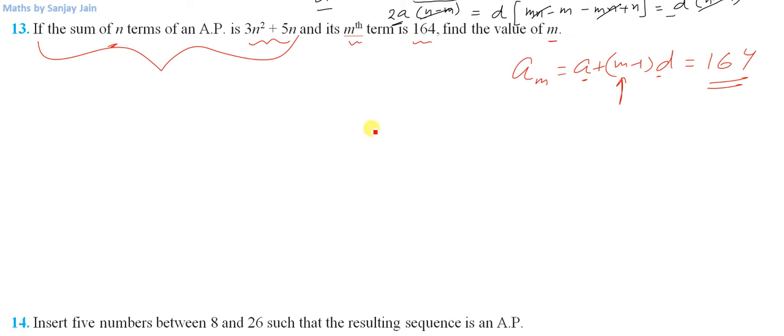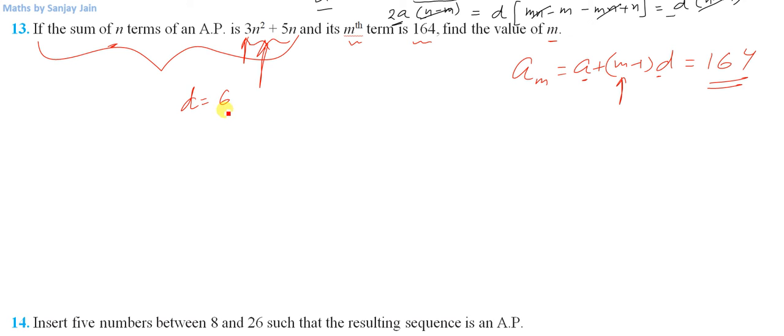Okay, and if you have listened to that lecture, the arithmetic progression extra lectures, there is an extra playlist of lectures in the playlist. So you need to access the playlist. There you will find the arithmetic progressions extra lecture. So if you have seen that the sum of n terms is given as 3n square plus 5n, you can directly say that the common difference will be 6, which is double of the coefficient of n squared.